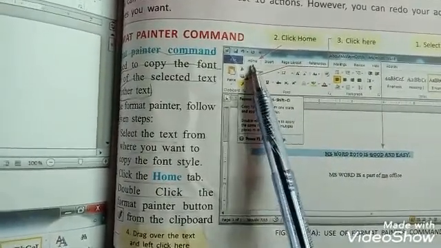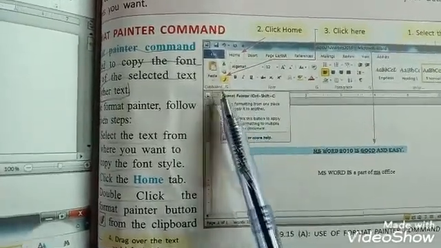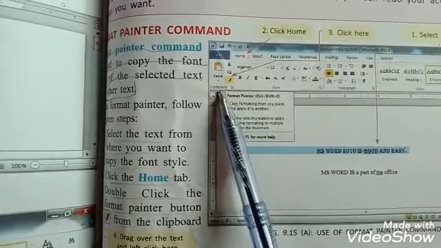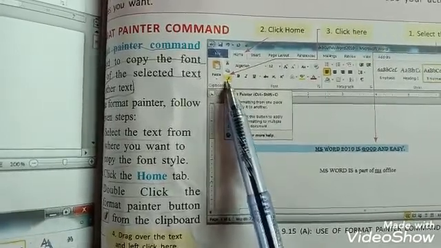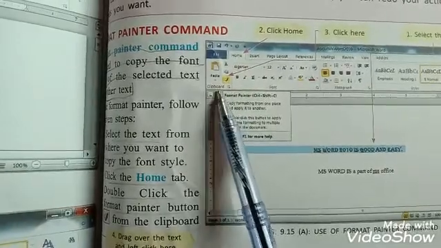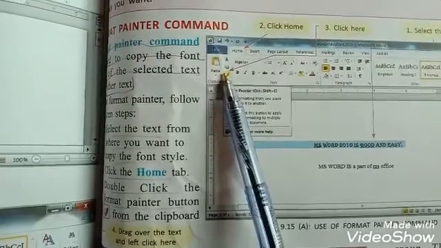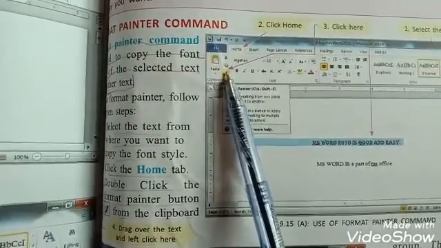Then click the Home tab on the ribbon. When you click this button, click Clipboard group, and from Clipboard group, click this button. This button is known as the Format Painter button.